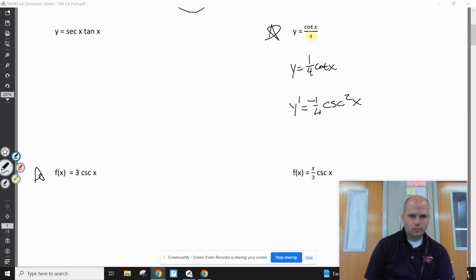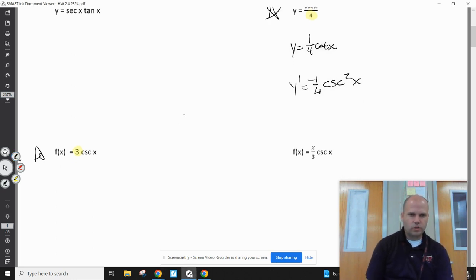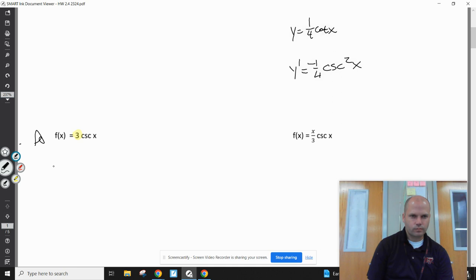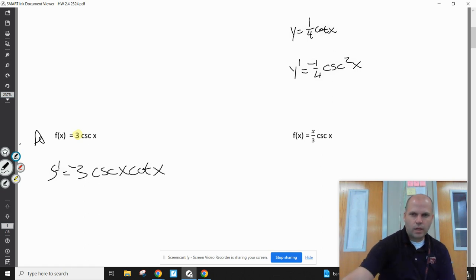3. It's not x's times x's. It's a number times x. Numbers times x's, you don't have to use the product rule. We just leave the 3. The derivative of cosecant is negative cosecant cotangent. It's negative cosecant x cotangent x. A lot of students make mistakes by putting just cosecant cotangent like that, but make sure you have cosecant of x times the cotangent of x. Okay, now